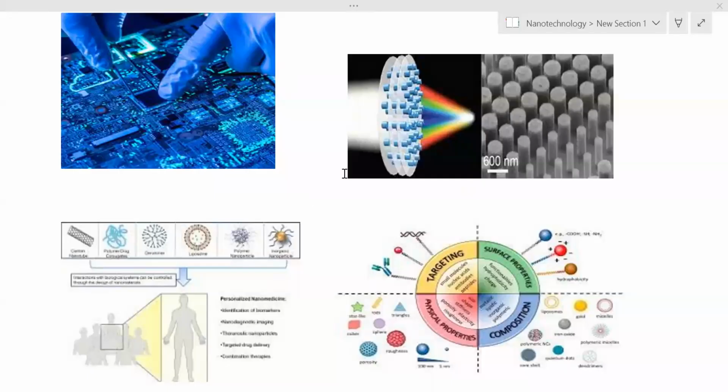So as we have different domains here, like electronics, optics, nanobiological systems, nanomedicines, it is a multidisciplinary field where it needs part of all the different domains. Like we need a physicist, chemist, material scientist, pharmacologist, molecular biologist. All of these have to work together